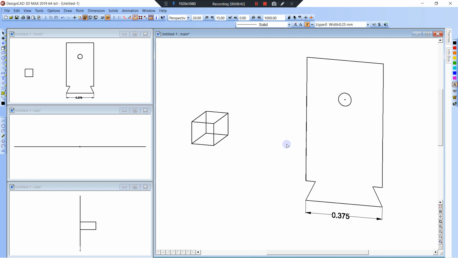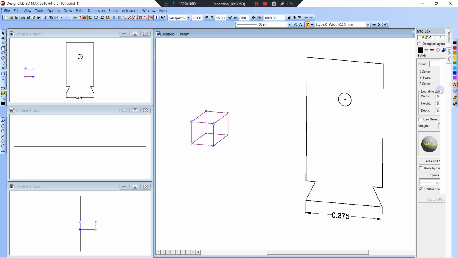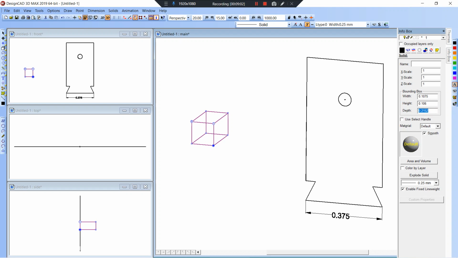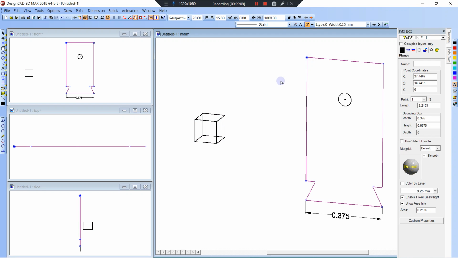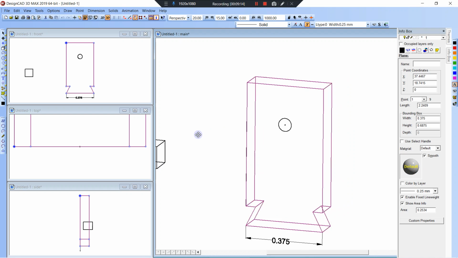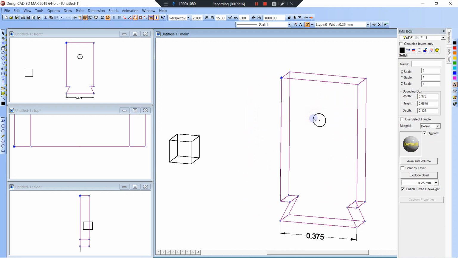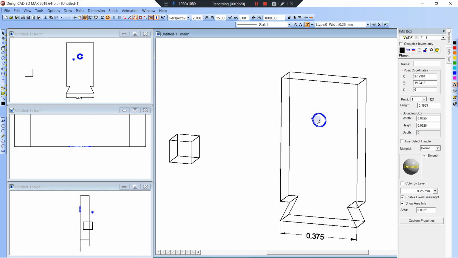I can see this is the front, that's the back, and the thickness of it needs to be, I think, pretty wide, about 1/8 of an inch. So I can go right there, info box, depth, 0.125, enter. And I can select this, and I can type X, extrude from there to there, and that'll make it 1/8 of an inch. And also this, so Control H, I'm going to go here, enter,